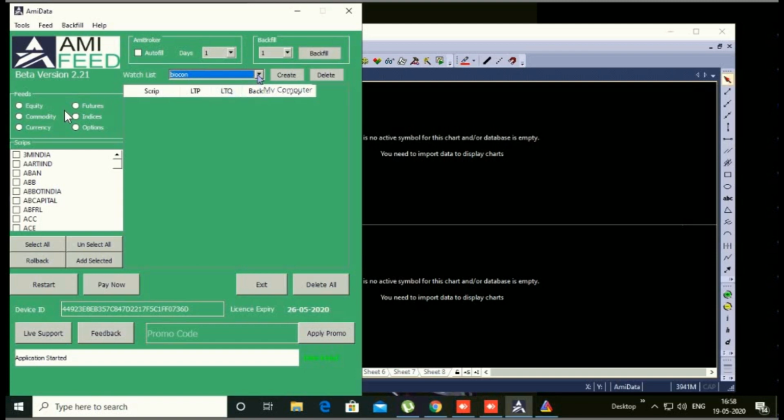Now we will add stocks on the left hand side. You can see I selected equity. Now you can add Biocon or any pharma industry stock from here. Just tick Biocon. Yes, add, click on add selected symbols here. Now your Biocon is added. Come downwards, if you need Lupin, Cipla, Dr. Reddy's, you can select by yourself. Okay, all the stocks.